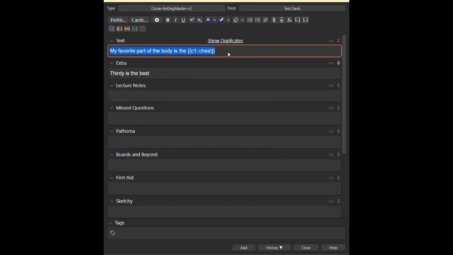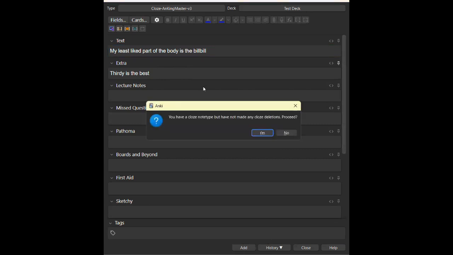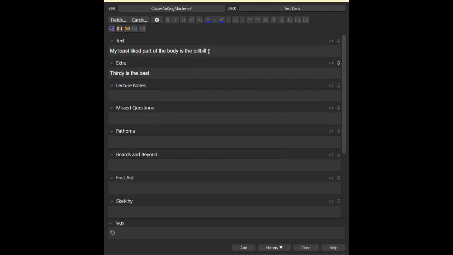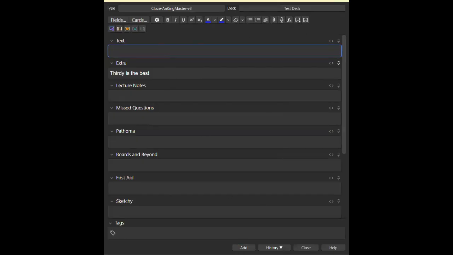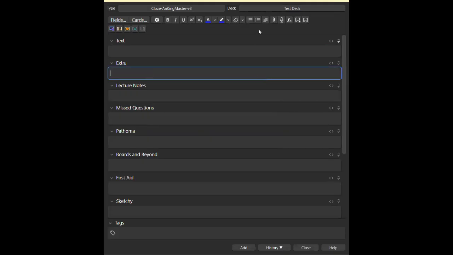You can place here: my least liked part of the body is the bilbil. I would unpin that. So when I add a card, oh, I haven't made a close deletion, sorry. Add, boom, it's gone. So that's the power of these pins over here. Very useful, if you ask me.